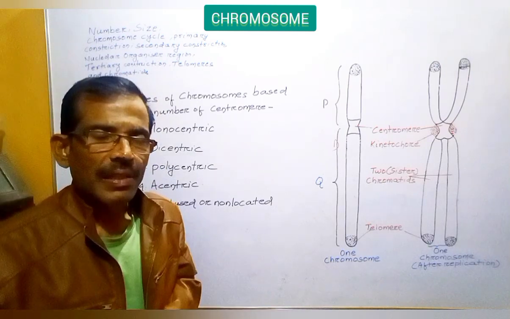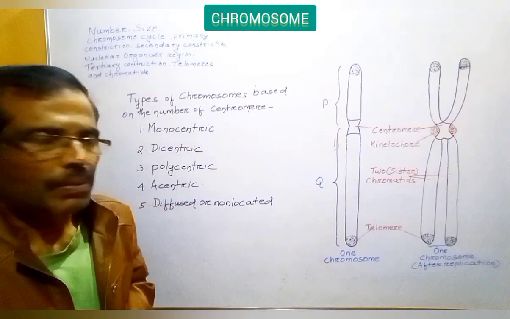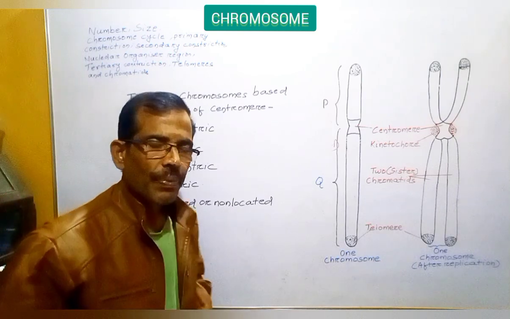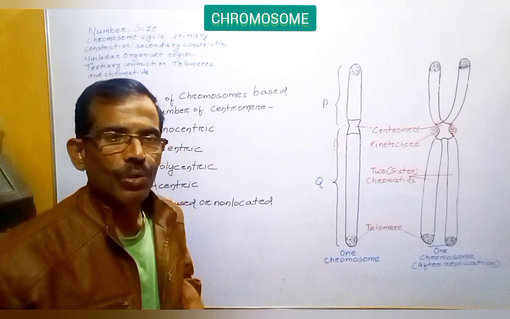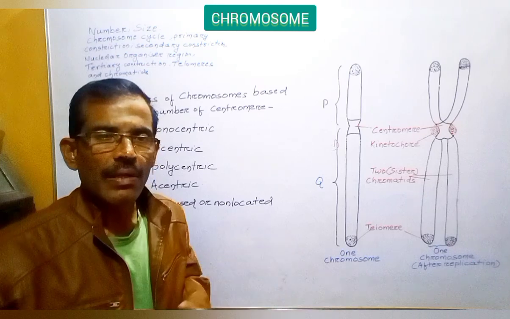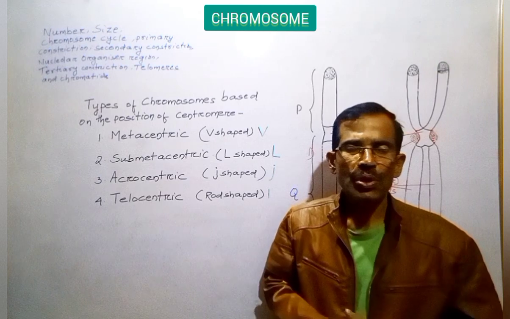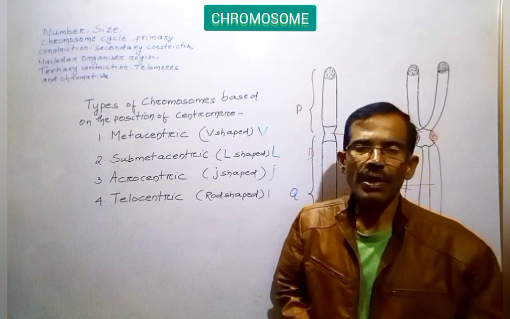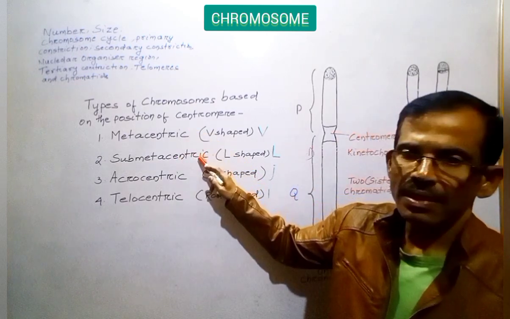In several cases, the centromere is non-distinct. Such type of centromeres are called diffuse or non-located. This type of centromere is diffused throughout the chromosome, and in such cases, the spindle fibers remain attached to the chromosome at several points. Based on the position of centromere, chromosomes can be divided into different groups such as metacentric, submetacentric,